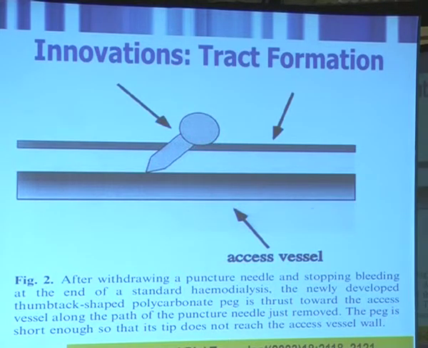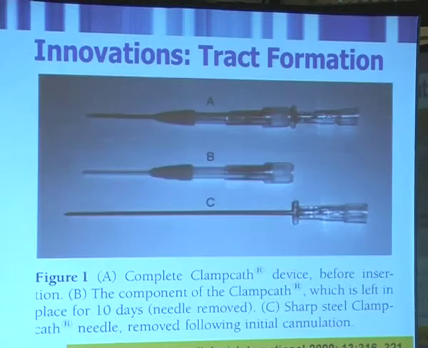So you have a dilator which dilates that tract. The next time the patient comes for dialysis, you remove this peg and on the same tract you can put in the fresh needle, which is the sharp one, till the tract is created. So this basically eliminates the need of the same personnel being present every time. So this can ease the formation of the tunnel tract.